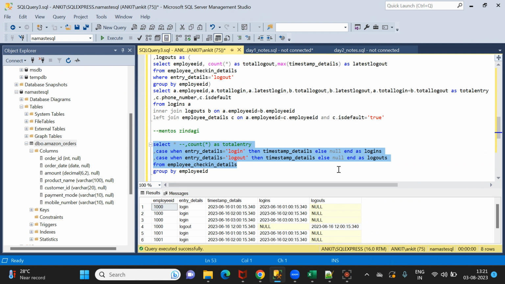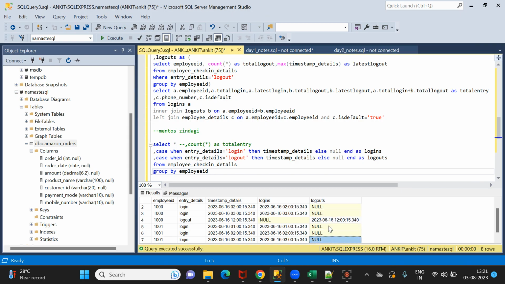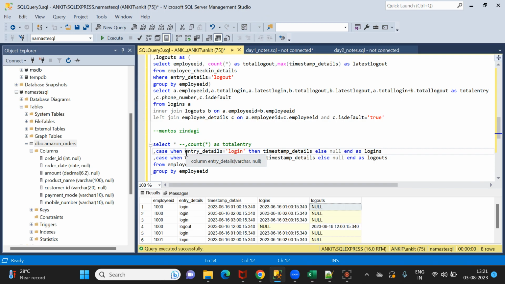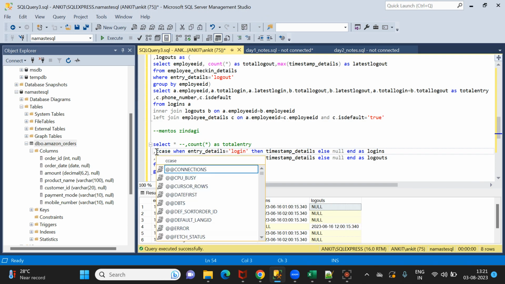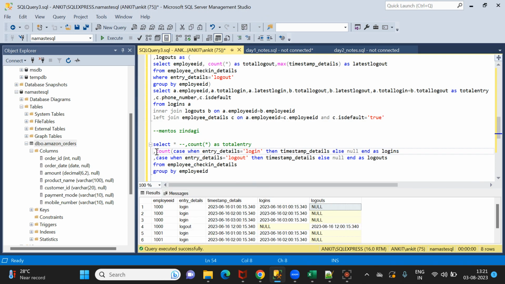Okay, so if you look at it here, I have two different columns now, right? For logins, these are the times, and this is null, right? Because this is a logout. So now in logout column, these three rows are null, only logout values there. And similarly for the other employee, right? I hope you understand this, right? Now what I will do, I'll just do this. So I will say count of this,